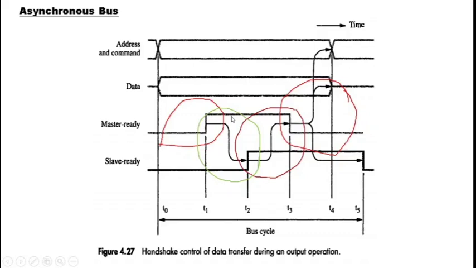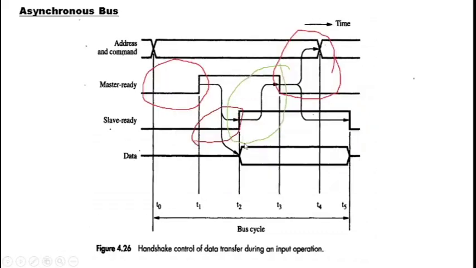So in case of asynchronous operation, generally what you should understand is the event management in data transfer is actually coordinated using master ready and slave ready signal. There is no fixed time slot for finishing events. Okay, the master's condition is indicated using master ready and slave's condition is indicated using slave ready, and master ready and slave ready also serve as a mechanism to check each other's liveliness, that is whether the entities are alive or not, or functioning or not.